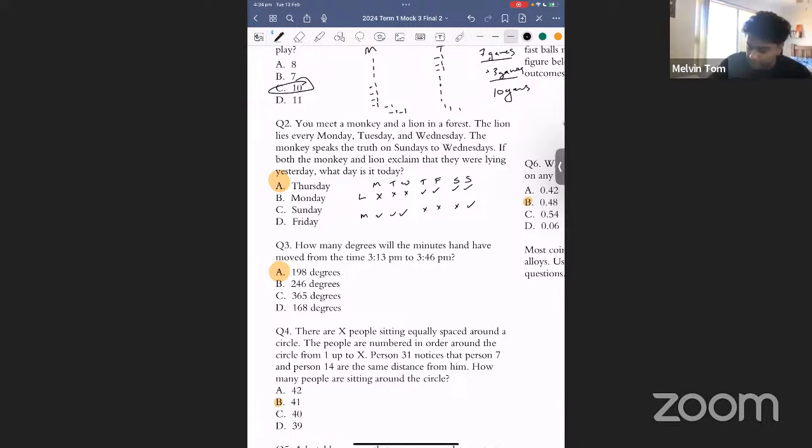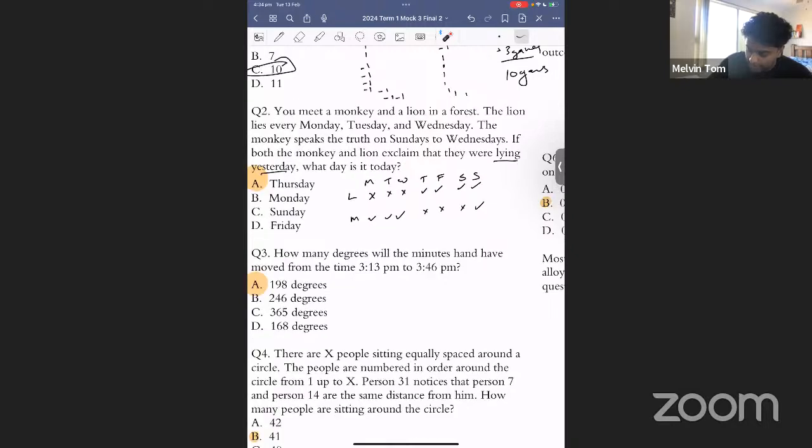Yes. Okay, and the question says the monkey and the lion say that they were lying yesterday. Which day is it today? So now that we visualized it, let's take a look. So the first option, Thursday, let's take a look. If it is Thursday, if they both said they lied yesterday, then that means that, if you take a look